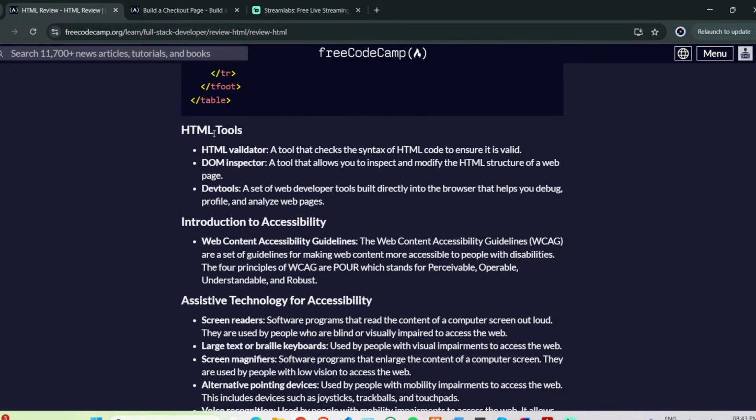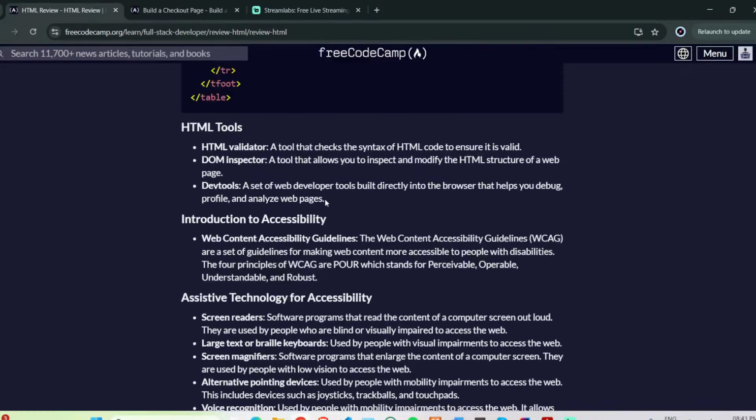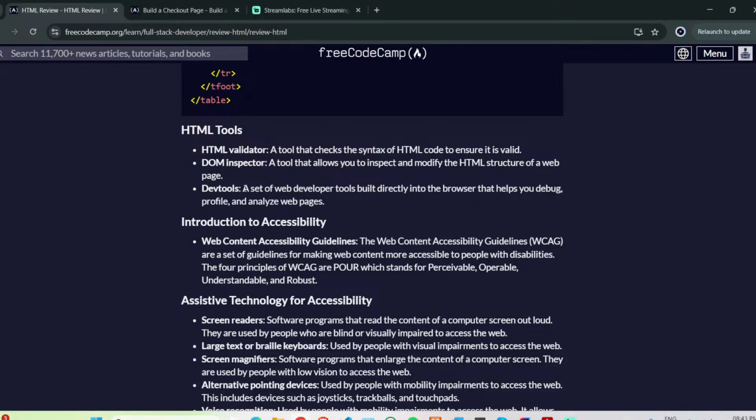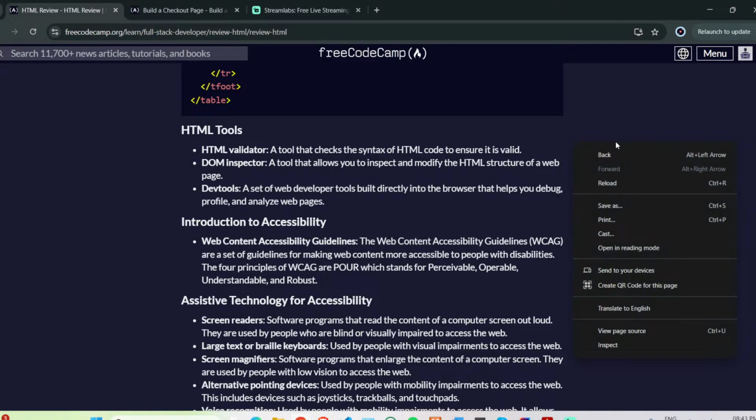After that, we have HTML tools: HTML validator, DOM inspector, and DevTools. These three are very important. HTML validator is a tool to check the syntax of the HTML code and to ensure it is valid. DOM inspector is a tool that allows you to inspect and modify the HTML structure of a web page. DevTools is a set of web developer tools built directly into the browser that helps you debug, profile, and analyze the web page. Okay. So DevTools are basically those tools inside the browser, for example here, if I open here,